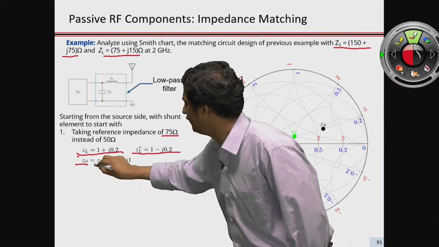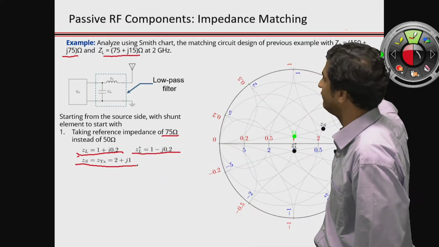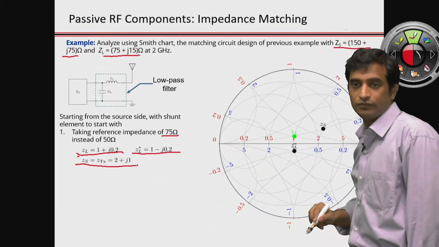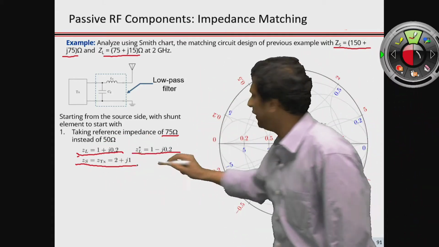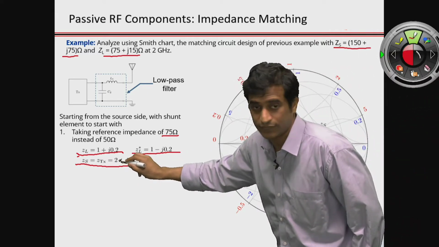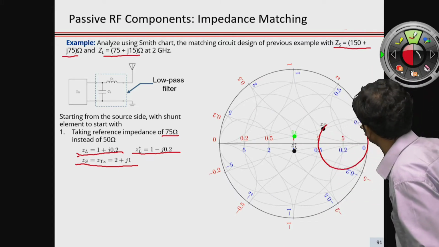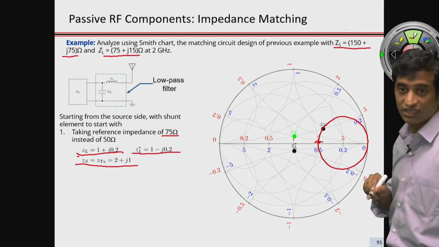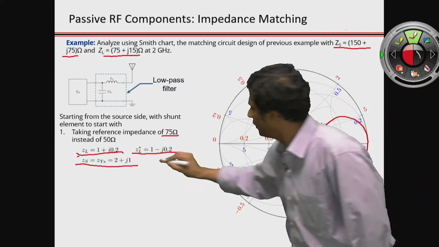Similarly, the normalized source impedance is going to be 2 plus j1. 150 over 75 is 2, and j75 becomes the plus j1 when you normalize that. If you notice, let us draw the source impedance in the Smith chart. We are going to look at a constant resistance curve of 2, which is essentially this particular circle, because it is cutting the Smith chart, the Z chart, at a constant resistance of 2, and the